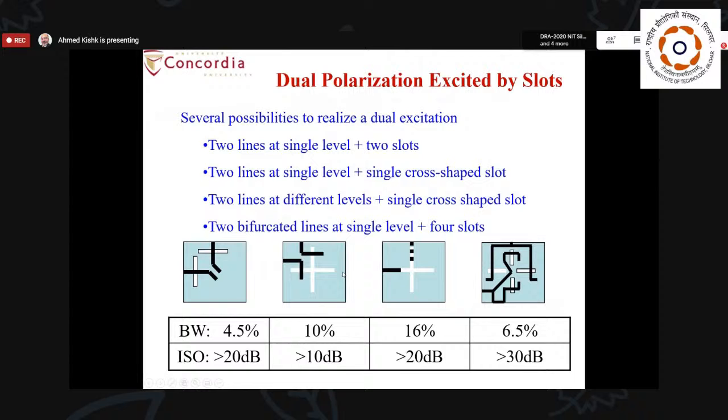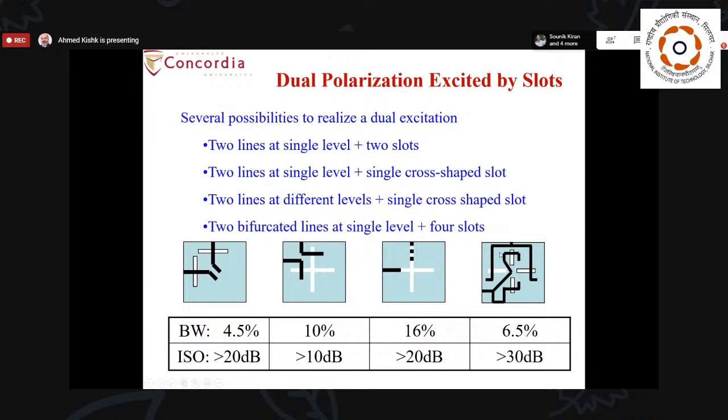But you can see this is a dashed line. That means I have a microstrip line on this side and another microstrip line on the other side. That means the two microstrip lines exciting these cross slots are isolated by the ground plane between them that has the slot. This is another one that has